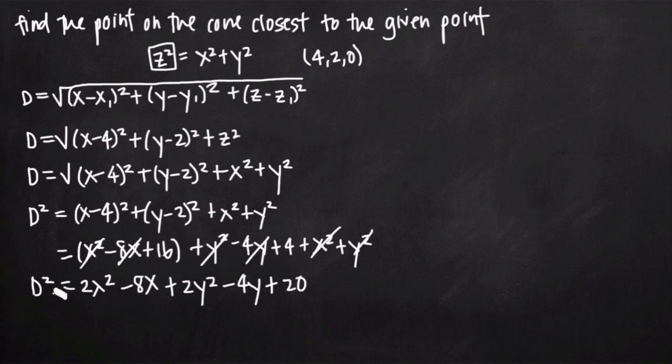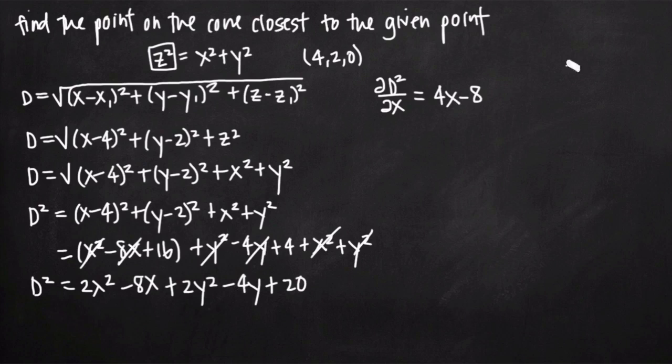This is still the equation that we're trying to optimize. So in order to optimize now, we want to take partial derivatives of this equation. So let's go ahead and say the partial derivative of d squared with respect to x is going to give us here 4x minus 8, and all the other terms, 2y squared minus 4y plus 20, drop away because there's